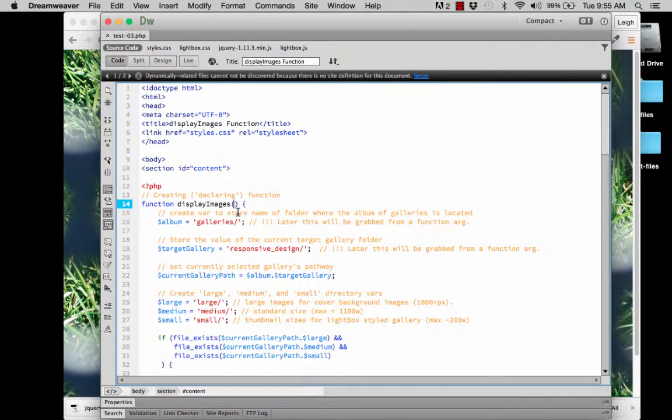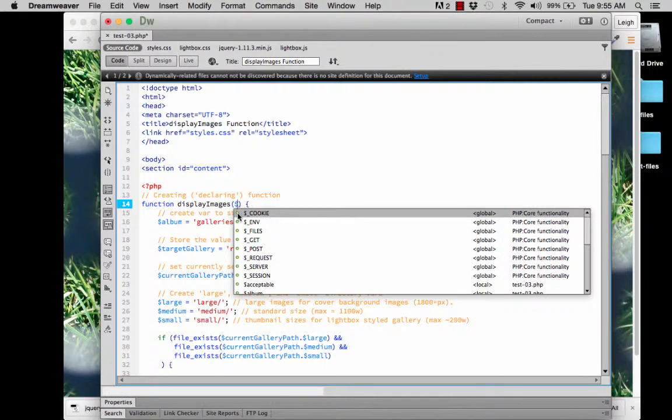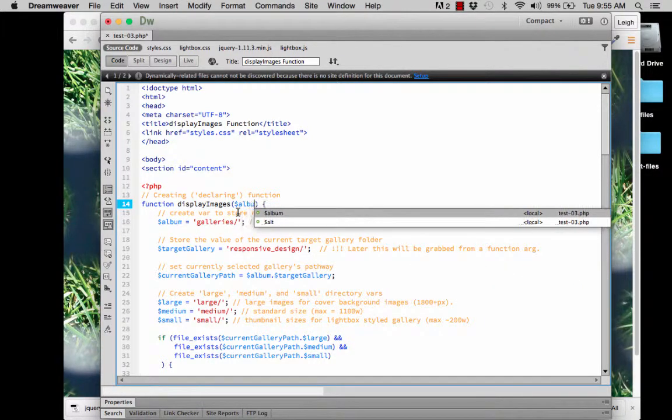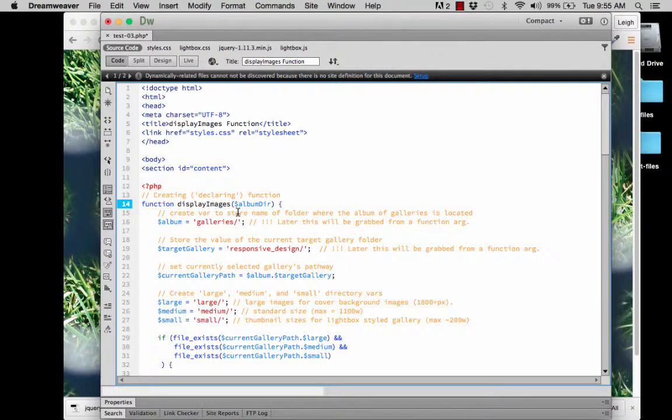So first of all, we're going to need to tell it album_. And I'm going to say albumDir in camel case, as in album directory, okay? So what's going to happen now if we have albumDir is I'm going to copy this, and then I'm going to come down here, and instead of where it says album equals galleries,